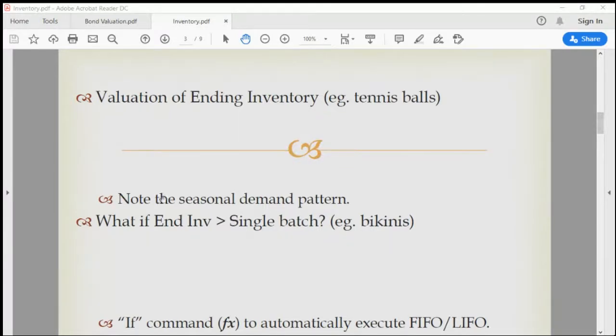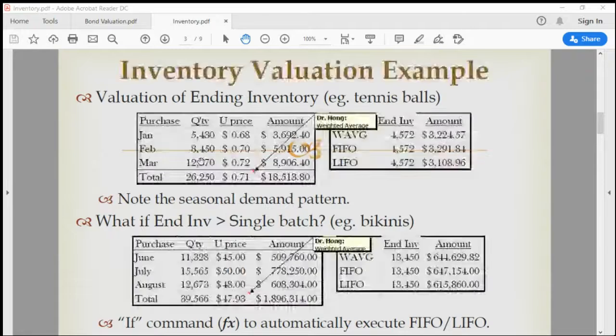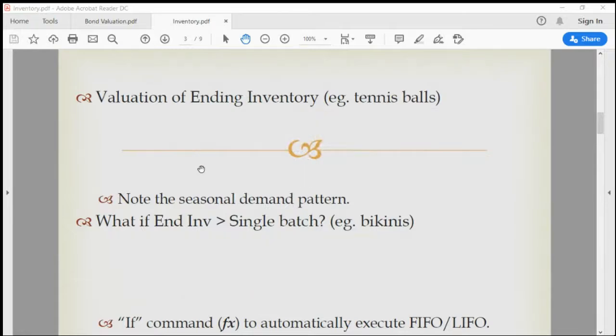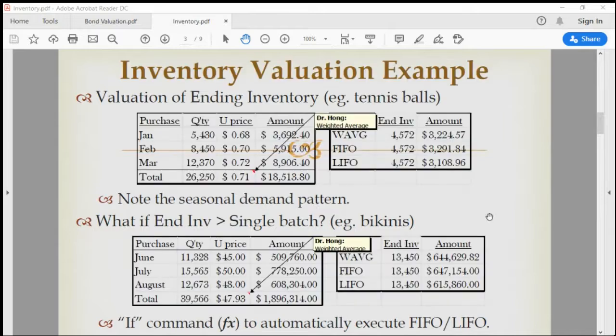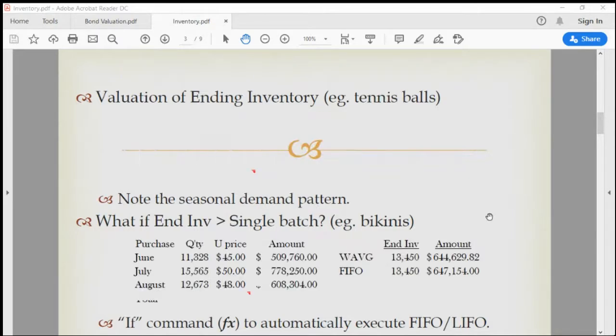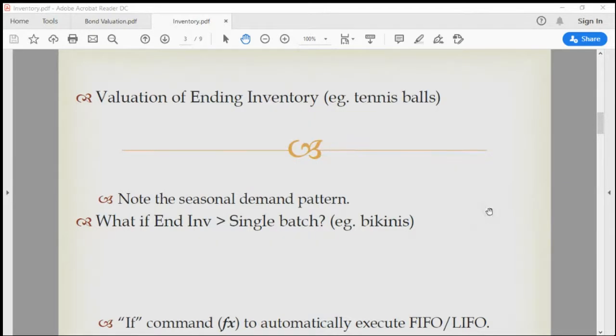And suppose in the first quarter, January, February, March, the net purchase was made at three different points. In January, you purchased 5,400 units of tennis balls, February 8,450, March 12,370 tennis balls, and these were purchased at different points in time, so the prices